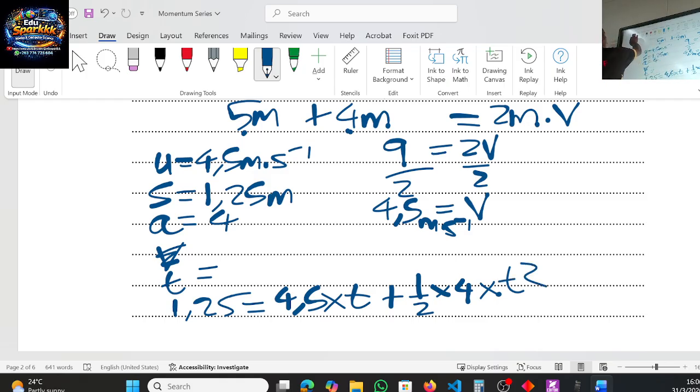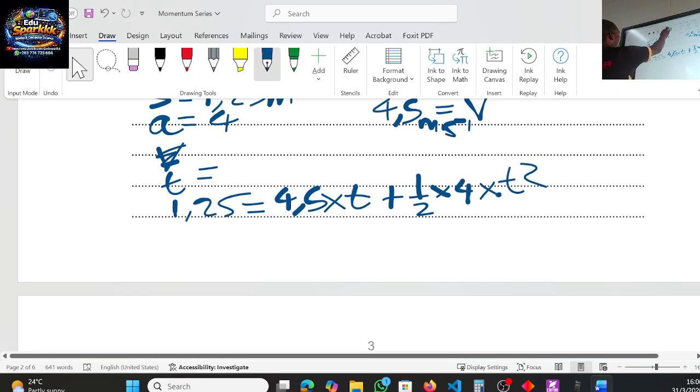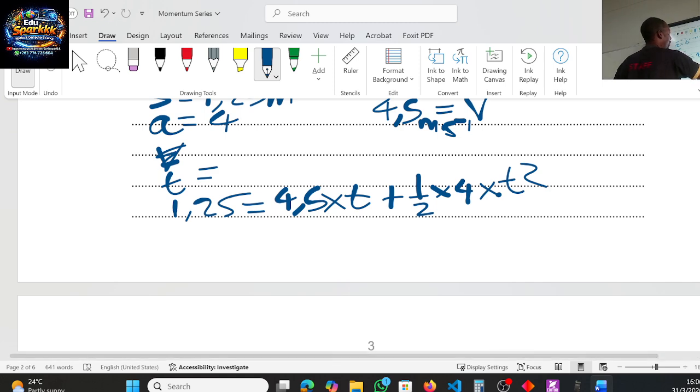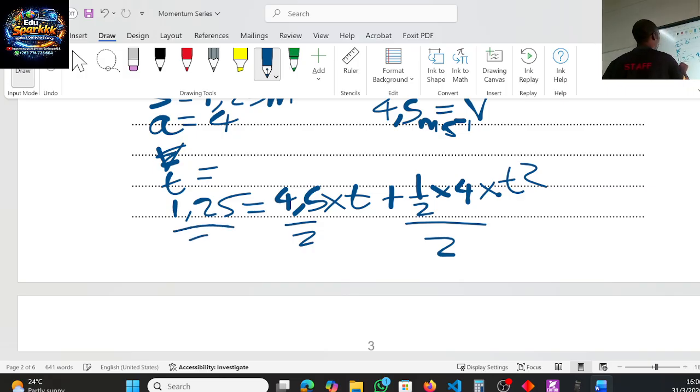When I do my simplifications, I can divide throughout by 2, because they do give me a 2. It will give us t squared plus 2.25t